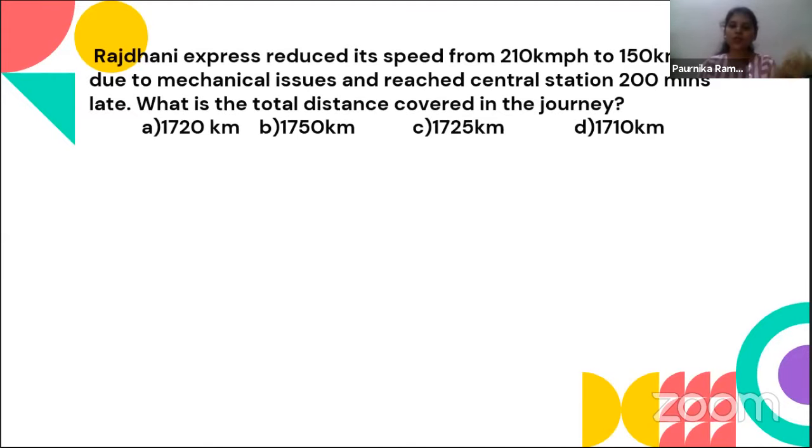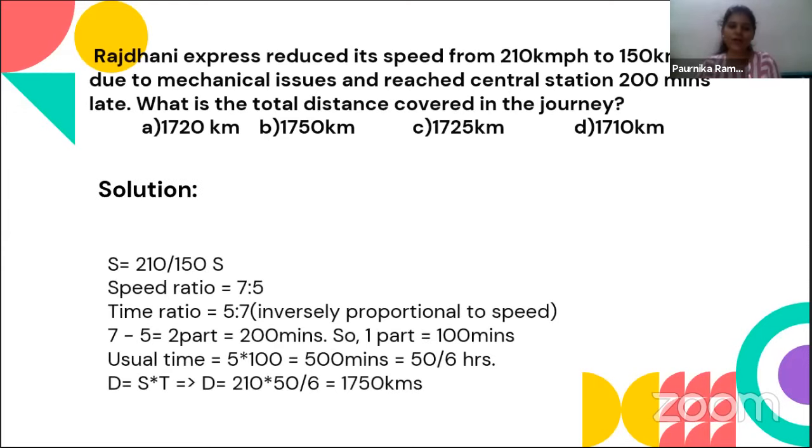Before, you would again emphasize introducing a new variable for the distance covered, which is X. But now you just have to look at the problem. 210 divided by 150 is 7 is to 5, and then the time ratio will be 5 is to 7. The difference would be two parts, and these two parts are 100. I have to convert the minutes into time, and you complete the problem within a few seconds without even the use of any paper.